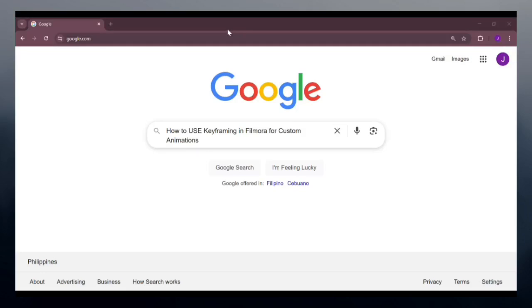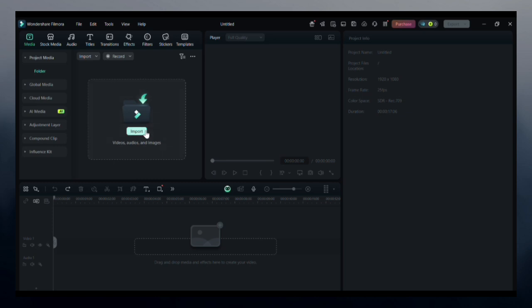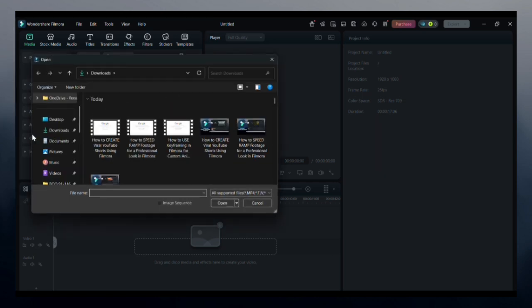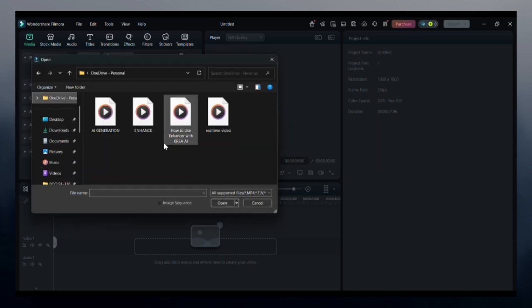Hi everyone, in today's quick tutorial, I'll show you how to use keyframing in Filmora to create a smooth custom animation in just a few clicks. Let's get started. First, all you need to do is open your project in Filmora and then import your